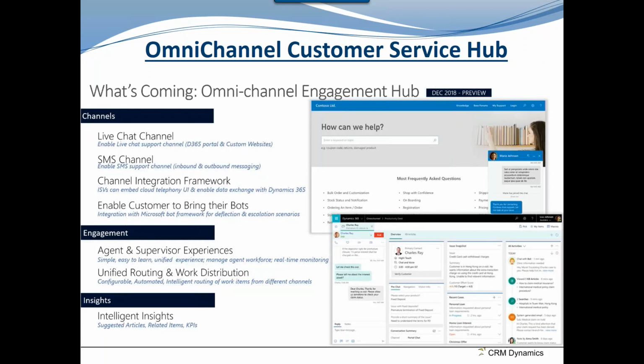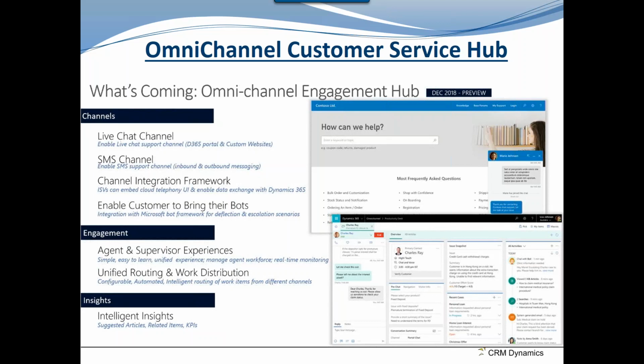So what's coming in? We've got what we call a true omni-channel customer service hub. It's no longer customer service as a standalone, it's going to be a hub, and we're going to have the omni-channel capabilities all fall into a single screen in this customer service hub. The first thing is the live chat integration. We can embed this chat engine within the Microsoft portal or as a custom web page on your website, and it would be directly linked through a script file back into your